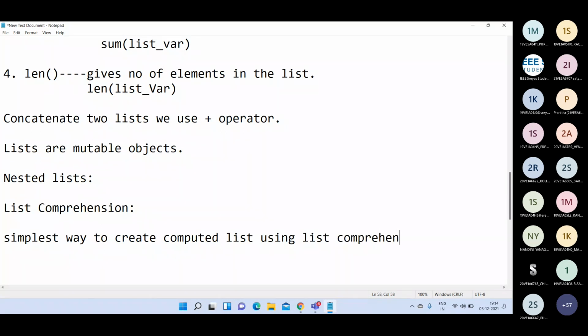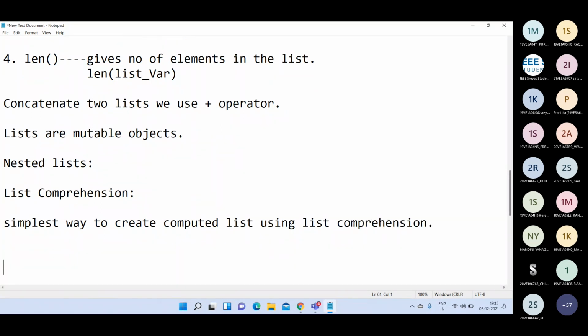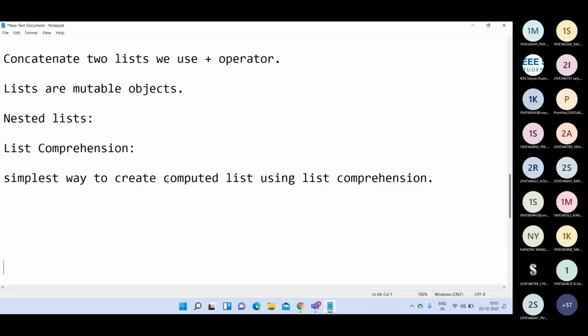Whenever you want to compute some values in the list, not directly give the values, you can follow list comprehension. This is the simplest way to create computed lists.